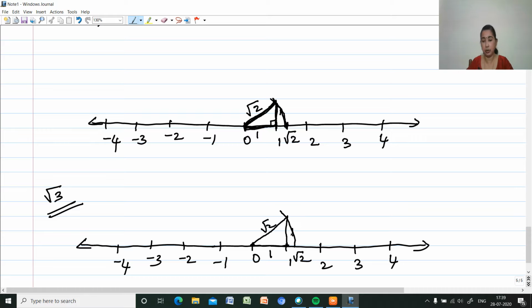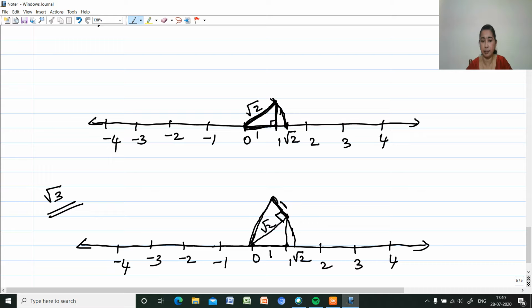Then again, in order to draw root 3, from here, this length we know it is root 2. From here we can draw the perpendicular. We have to draw the perpendicular here, so that this length is 1 unit. So here this is root 2 and this is 1 unit. Join this length to this origin. You have to join it like this way. This also forms a right triangle. This is 1 unit. This is a 90-degree angle. So we have to keep the protractor here, measure 90 degrees and 1 unit. Then join this to the origin to get this length.